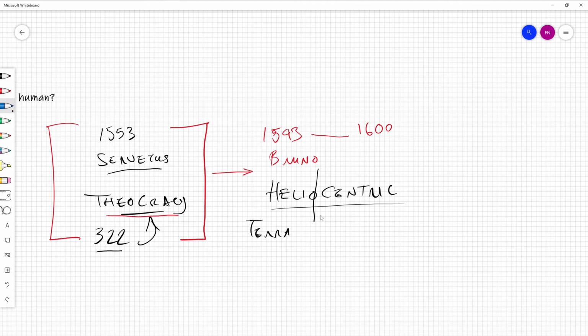Bruno was not the first to argue that the sun was the center of the universe. Copernicus, Kepler, Brahe, even Galileo, and others had argued for a heliocentric theory of the universe. And initially, the bishops didn't have a problem with what Bruno said. Bruno got in trouble for a very different reason.